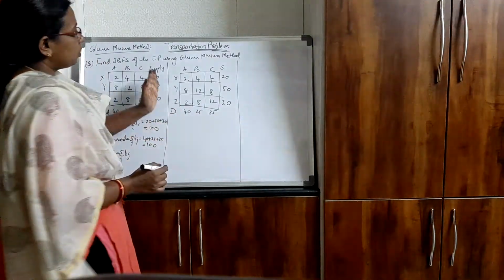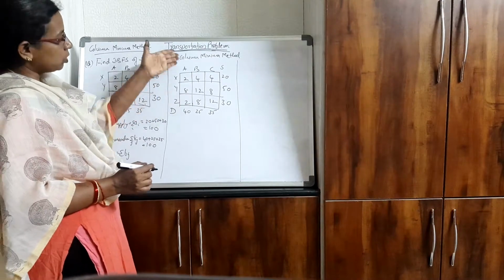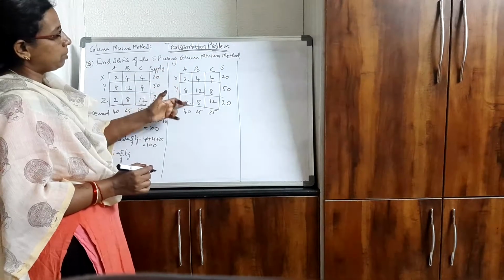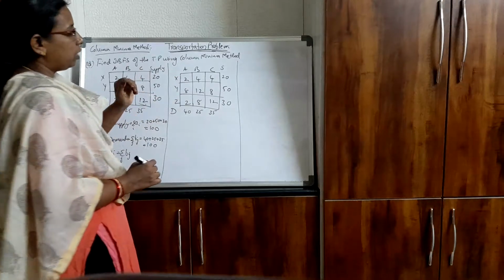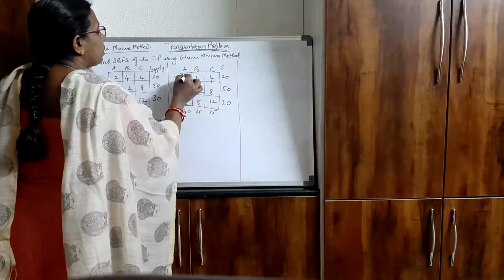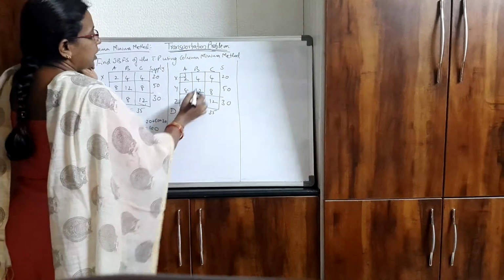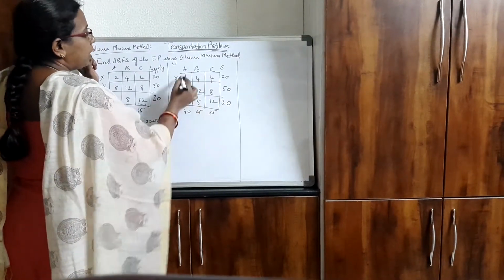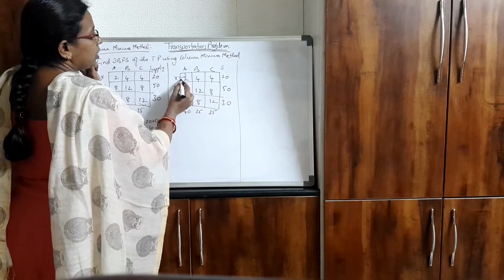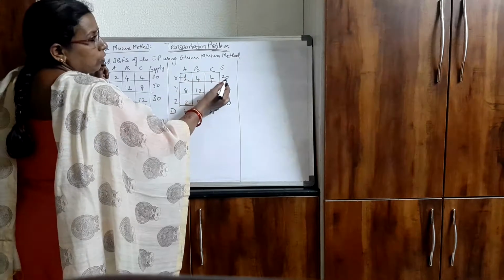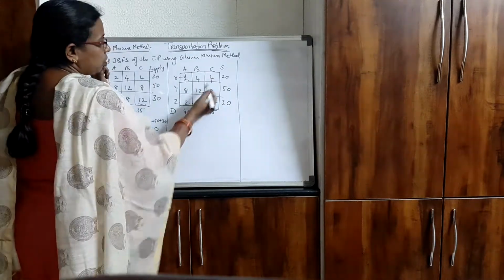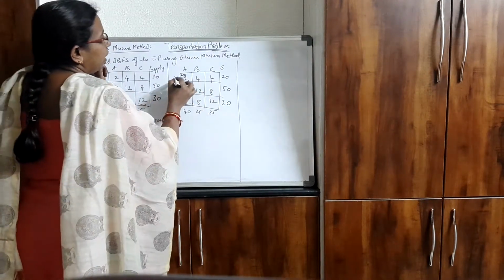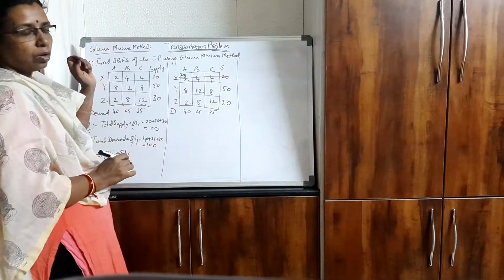Now we come to the first column, column minimum method. Come to the first column and check the minimum element. You have two minimum elements; you can take any one of them. I will take the first minimum element, this 2, and check its corresponding row and column value. Whichever is minimum, allocate that here. Corresponding to this 2, row value is 20, column value is 40. Minimum of 20 and 40 is 20. So allocate 20 here. Let's exhaust this row.